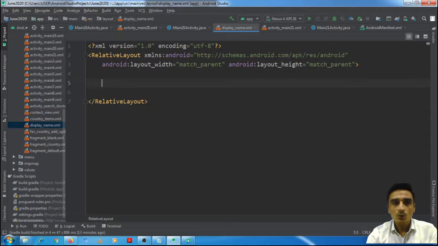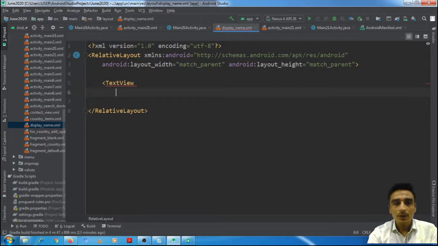So we will put here only one text view, and we need to set the ID of the text view, like display name. It is the name of the layout itself, so we should give another name